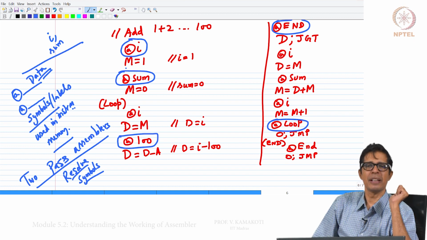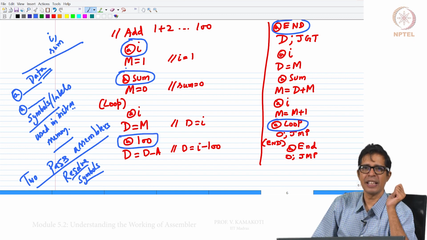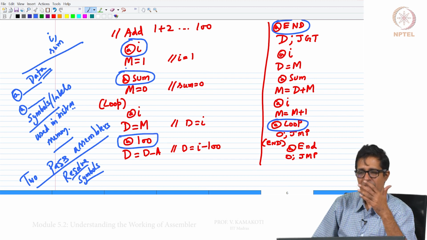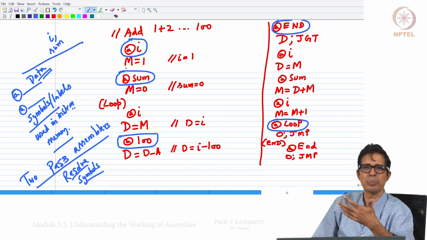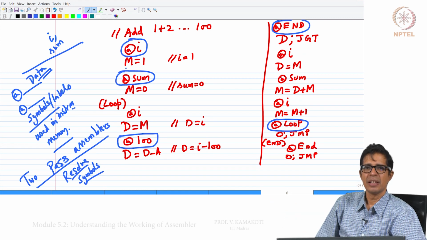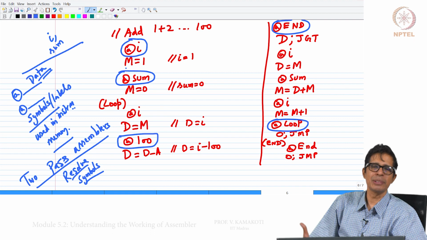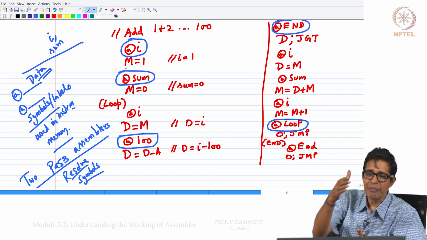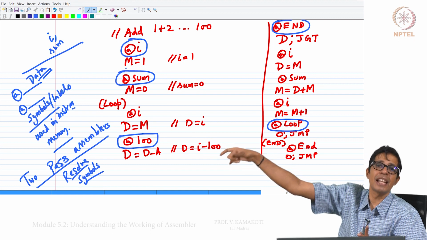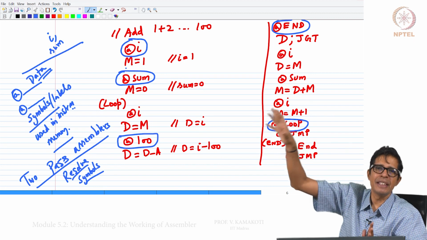To do the symbol resolution, we basically have something called a symbol table. When the assembler is going through the first pass, it creates a symbol table. What is that symbol table? It is very simple. For every symbol that I am using, its equivalent constant that I need to replace will be there in the symbol table.